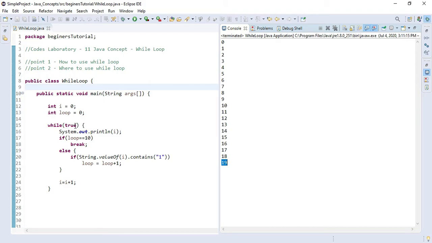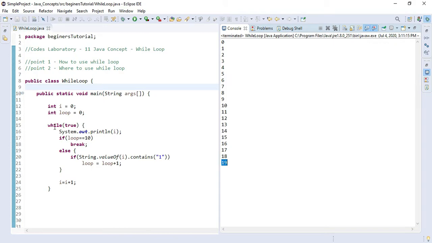We have just passed true. When the value of I is 18, loop got 10, but because the condition is true, it printed 19, then it checked that loop is equal to 10, and then it got break.